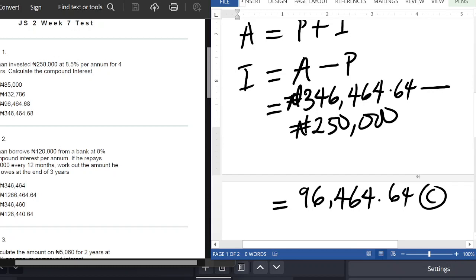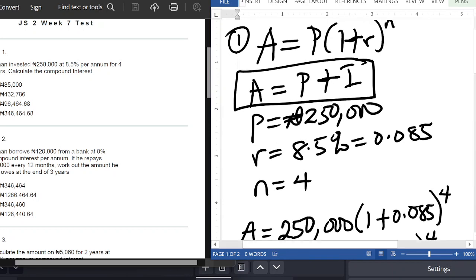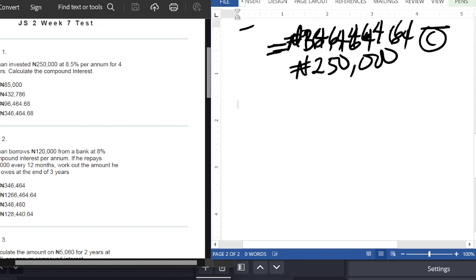So we then move to question number 2. A man borrows 120,000 naira from a bank at 8% compound interest per annum. If he repays 7,000 naira every 12 months, that's every year, what amount does he still owe at the end of 3 years? The first thing is, we can't use the formula method here,